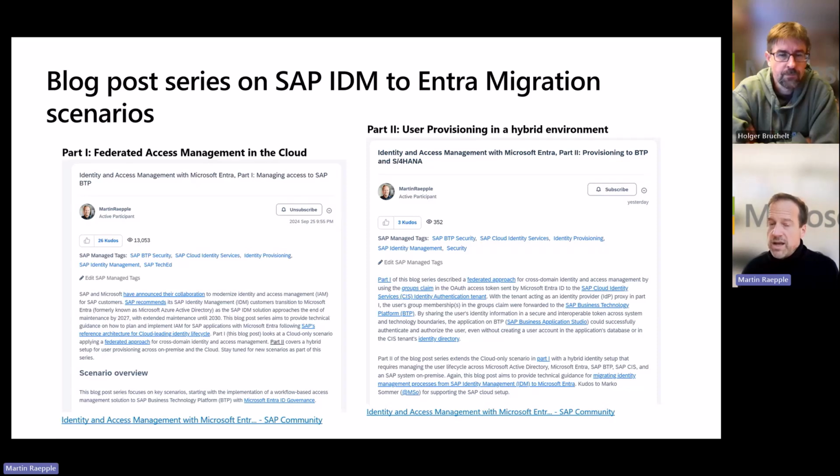So in part 2, and that's why I hear quite a lot from our joint customers that they specifically seek guidance on user provisioning, which is definitely also the key functionality of SAP's identity management product, right? It basically takes care, as a powerful engine in the center of many SAP and even non-SAP systems and solutions, to provision users into those systems. That was, and still is until 2027, the main functionality of SAP IDM for our customers.